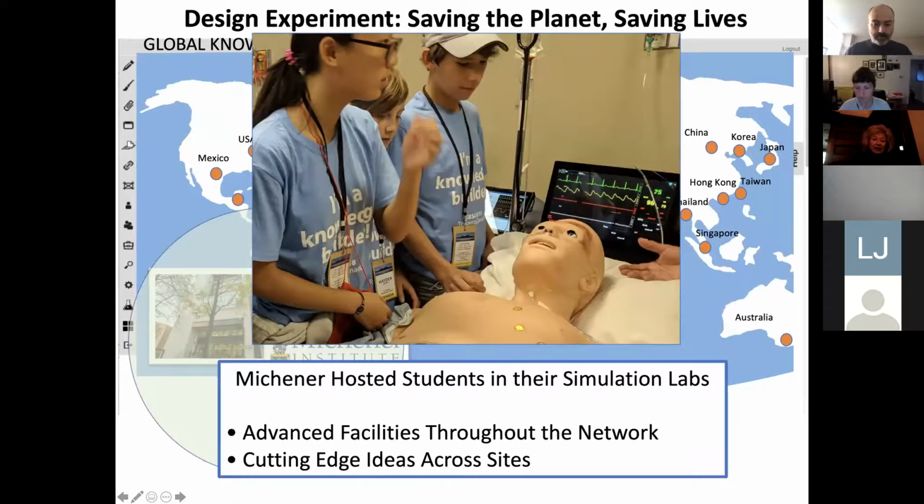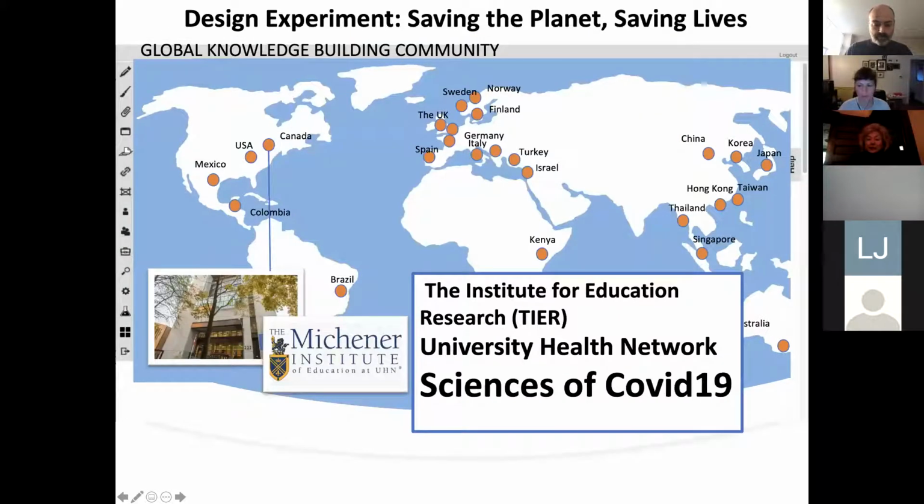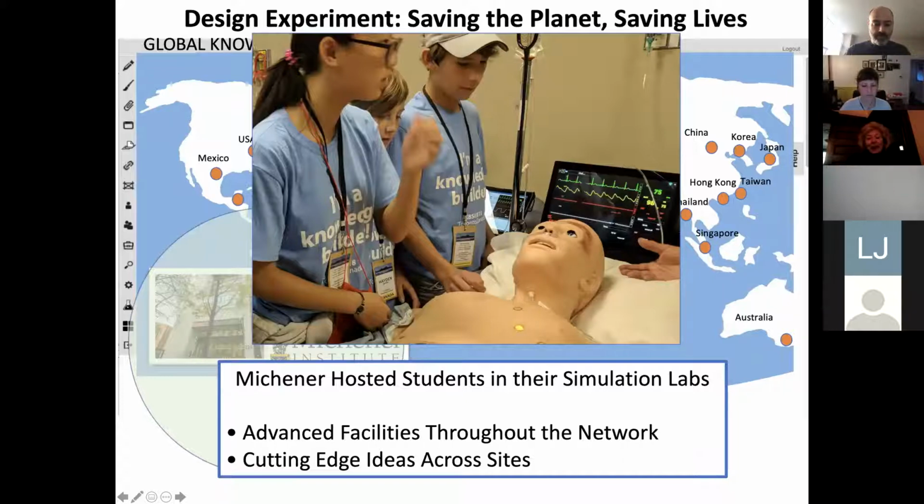They have actually hosted, for those of you who were at our Summer Institute, you saw they now have the Sciences of COVID-19 series, and I'll talk a little bit more about that. From the Summer Institute, you saw that they hosted teams right in the labs, as you can see in the image on the next slide. So they have advanced facilities, but so do many of you in your network. The Michener Institute had planned this summer to host an in-site event to contribute to the virtual events,